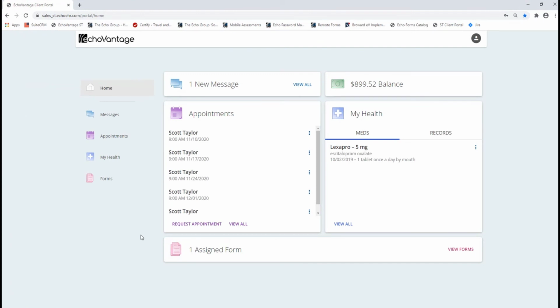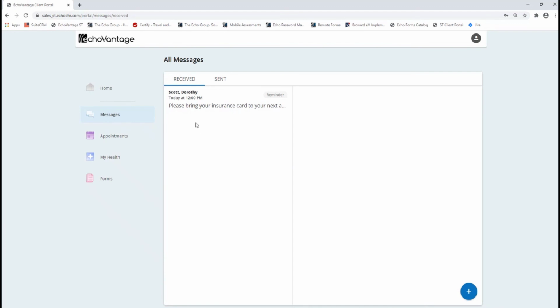The home page has 5 parts. I can see any messages that I have received from my providers. I can see all my upcoming appointments. I can also see my client balance, how much I owe currently. And then I can see my health, current medications, and my other records in my electronic health record. In addition to that, you can see I've also been assigned a form that my provider would like me to complete and sign. So looking first at new messages, I can select the view all, and this tells me that